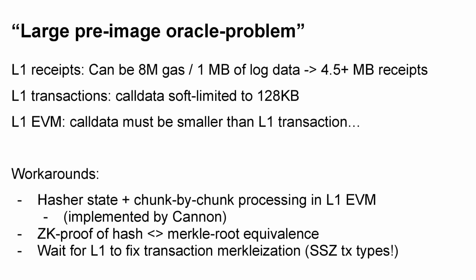And we can do so if we had like a chunk by chunk processing thing. This is implemented in Canon and works. It's not pretty because it does have to process the full hash digest one chunk at a time before it becomes usable in the VM. But it's a start. Then an alternative could be a ZK proof, where you prove equivalence between a regular hash